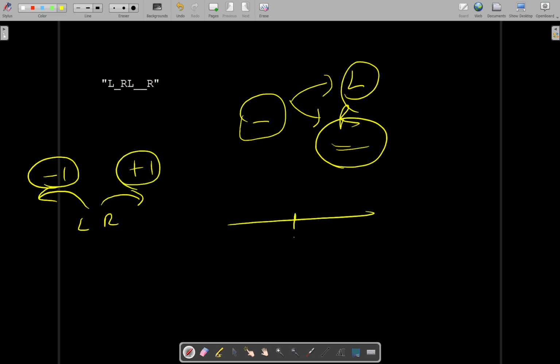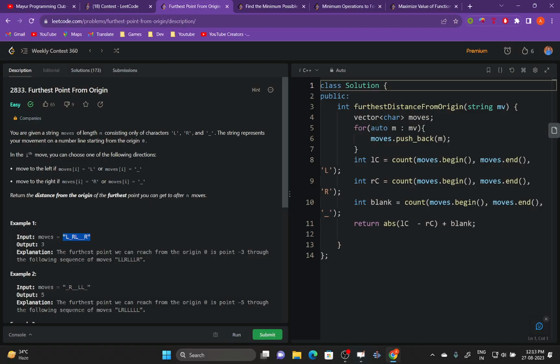So for example, if you are situated at 0 initially and you encountered L, then you will be moving to -1. Then this blank, we can choose any of the directions that we may like. We can choose L or R. It's up to us which we will choose. So you have to return the distance from the origin of the furthest point that you can go after n